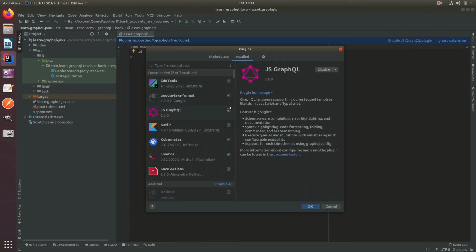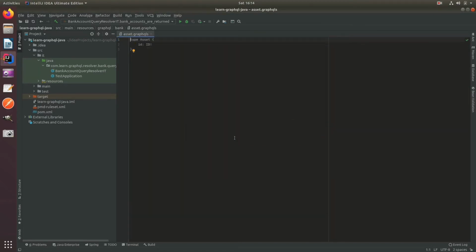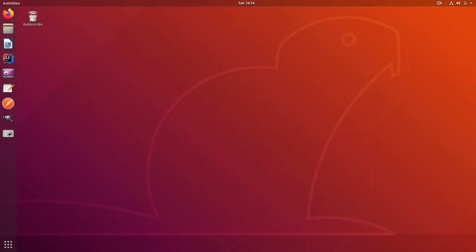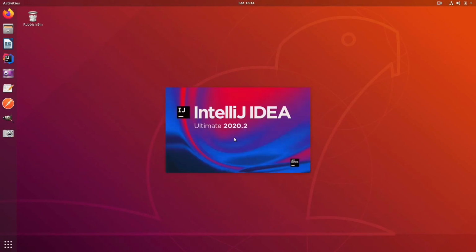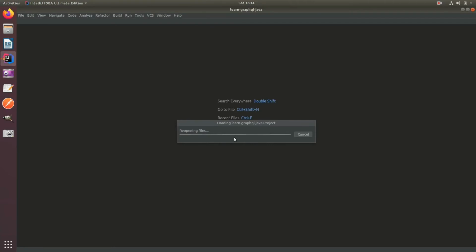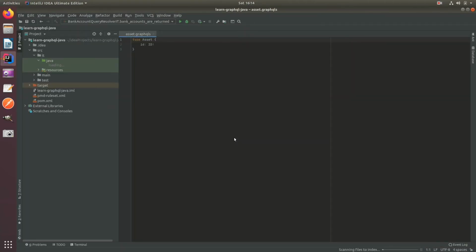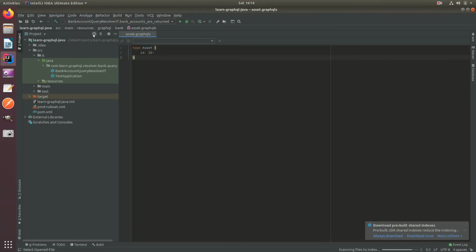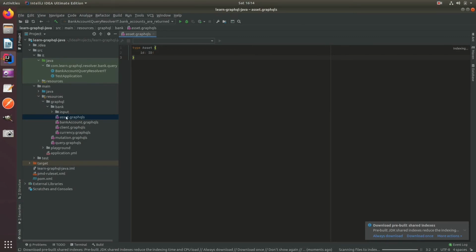plugin. So here I've now clicked enable, I click OK, and I'm going to restart my IDE. So when it restarts, we should see the syntax highlighting. So now you can see the syntax highlighting plus the little GraphQL icon as well in all the